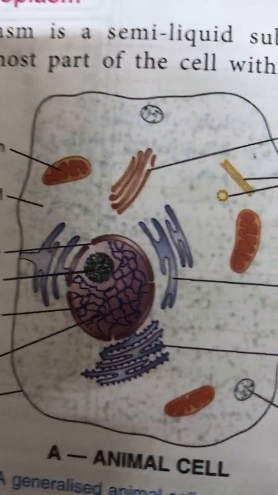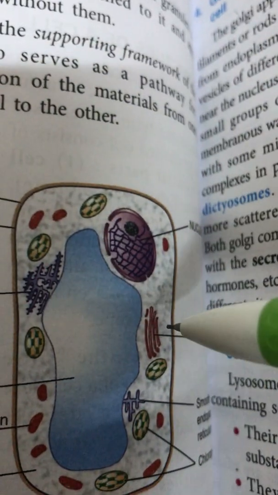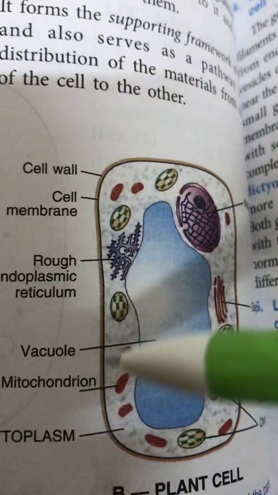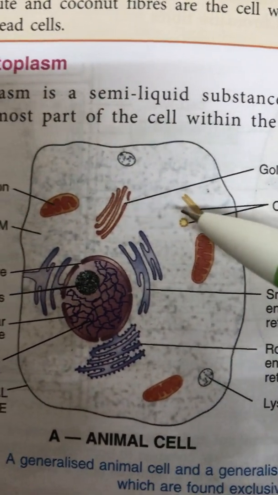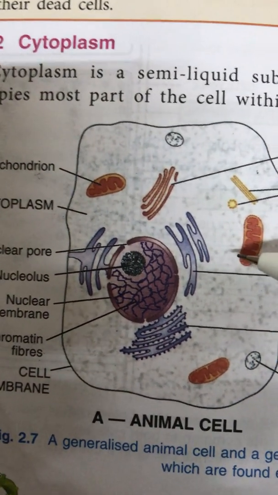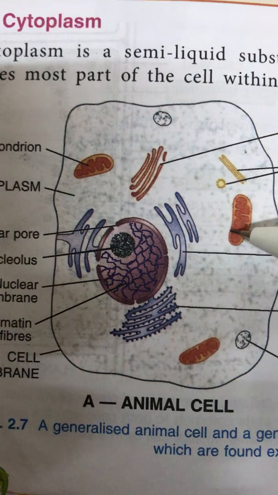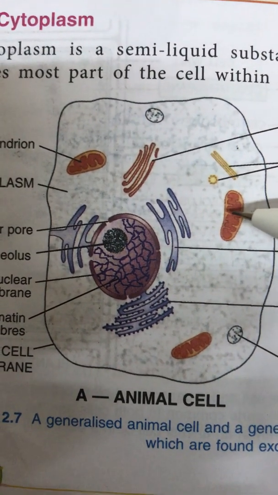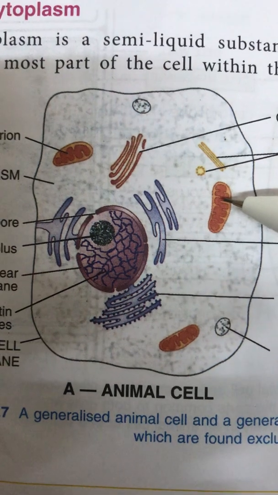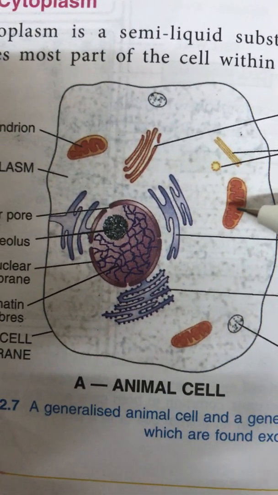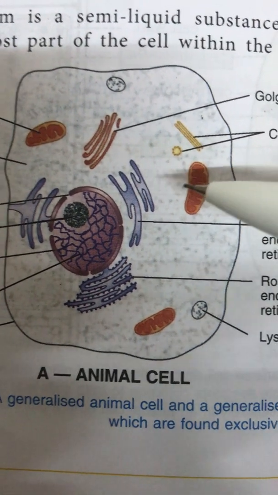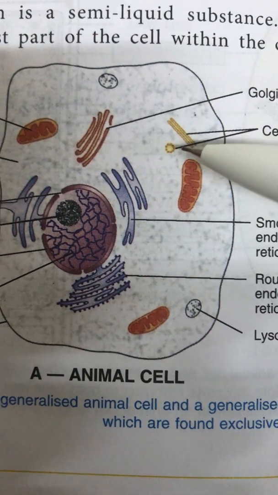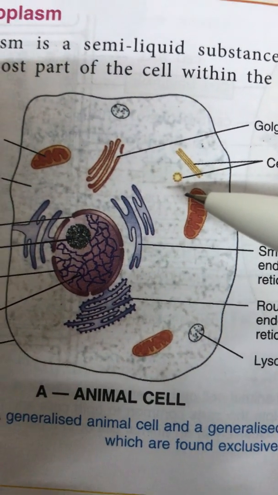What is the location? They are found in the cytoplasm of the cell, both in animal cell as well as in the plant cells. These are the mitochondria. But you will find that animal cells overall contain more mitochondria than the plant cells, because animals have to move from one place to another for food, shelter, to escape from enemies, to take care of their young ones, for reproduction. So they need more energy. And mitochondria are the powerhouse of the cell. They provide the cell with energy. So why do animal cells have more mitochondria? Because animals need more energy for all these activities.